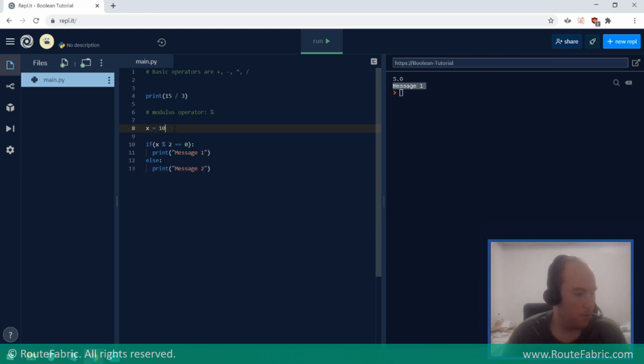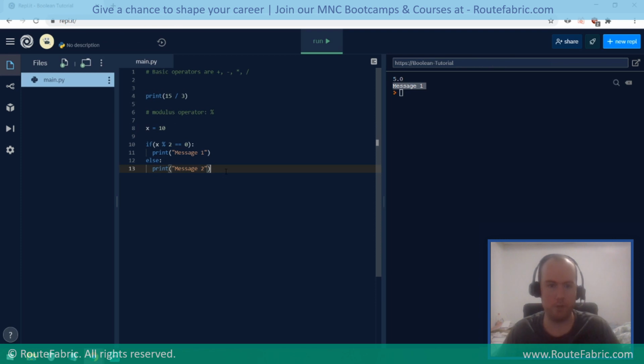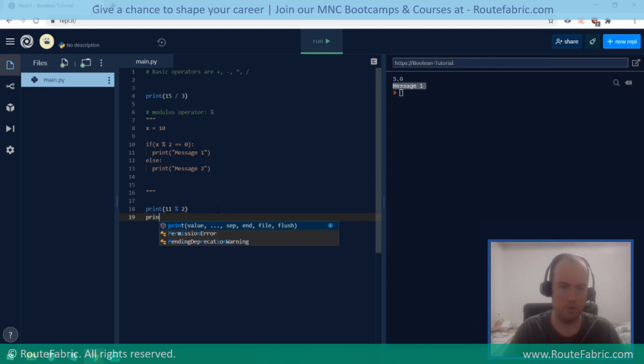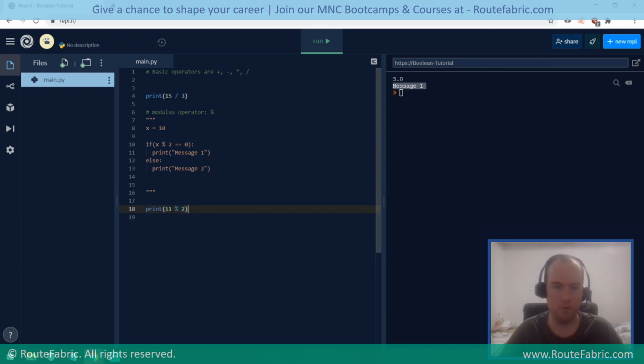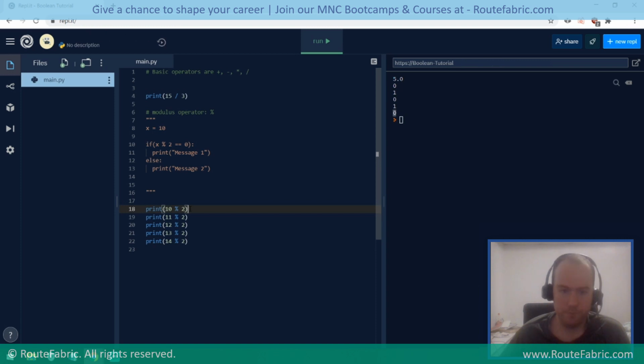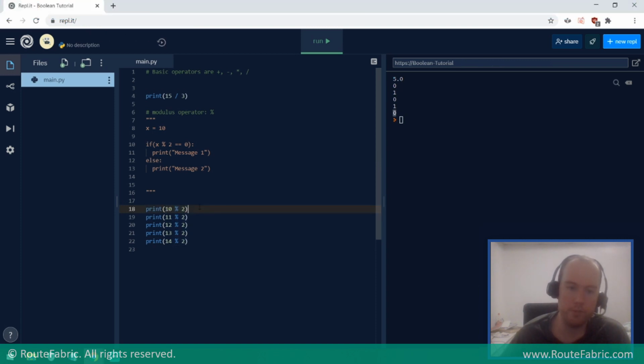Just to make this a little bit more clear, print 10 modulo 2, 11, 12, 13, and 14. So we run. See 0, 1, 0, 1, 0. Because 10 divided by 2 is 5 with no remainder, so that's 0. The remainder is 0. 11 divided by 2,